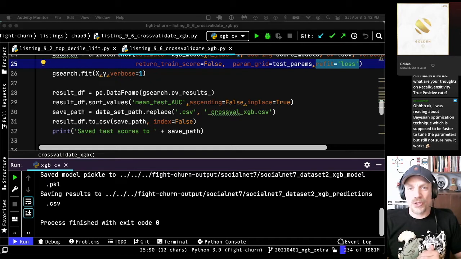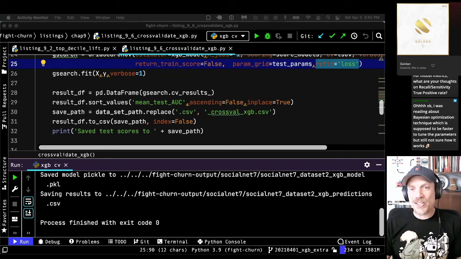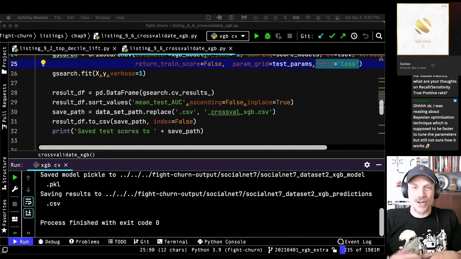And also, the truth is, your use cases for churn predictions don't usually use true or false predictions. If you go to the marketing department and give them a list of trues and falses, it's actually not that helpful to them, because they want rankings. They're going to run a campaign against a certain number of customers. What if you predict 194 churners and they're like, we want to run our campaign on 100 customers? Well, how do you pick the 100 to run the campaign on? You use the probability output.